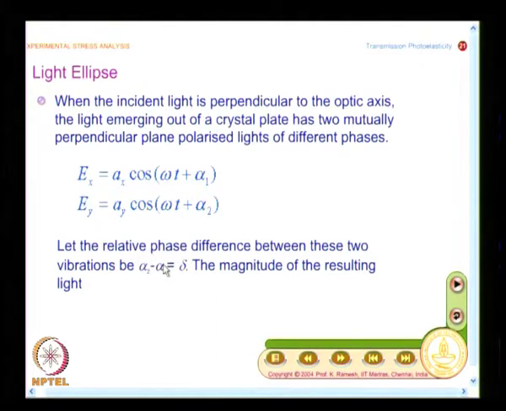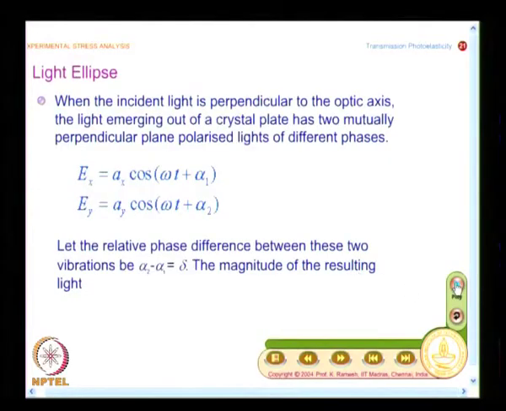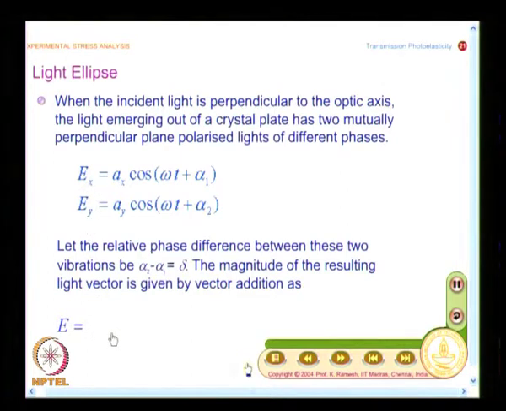For one incident light I have two refracted beams, they are simple harmonic, and their planes of vibration are mutually perpendicular. When I want to find the resultant, the magnitude of the resultant light vector is given by simple vector addition. Suppose I want to find what E is at a particular instant of time, I simply take the square root of Ex square plus Ey square to find the amplitude, and I can do this because